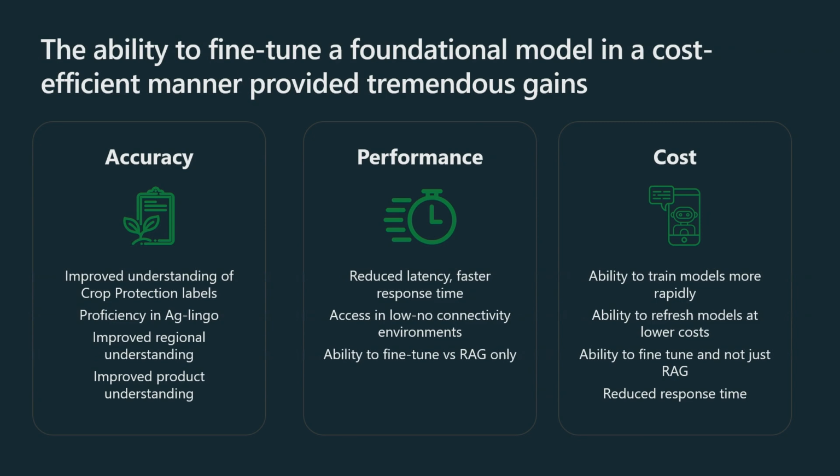There's reduced latency, edge access and low or no connectivity uses, ability to fine tune versus RAG as our only lever for performance. And now we can get into harder, more difficult questions, which is really exciting, and kind of an upgrade from, as you said, college kid to PhD. But what we really want to get to is that 30-year veteran in the field capability, right? And so we're moving that way. Cost-effective solutions for unlocking new use cases and geographic expansion. When we go to India, we were talking, right? You have some experience there that we really need to get under $1 a query to move to India to really make it work for farmers there. And so we see a pathway now to work on that. An ability to train models faster and more refresh due to lower cost.